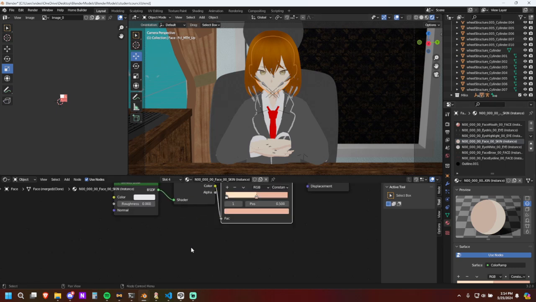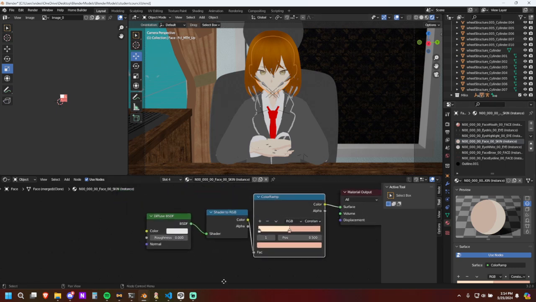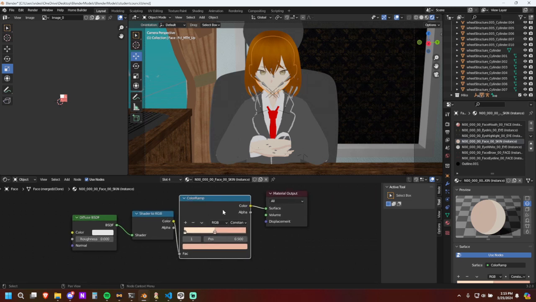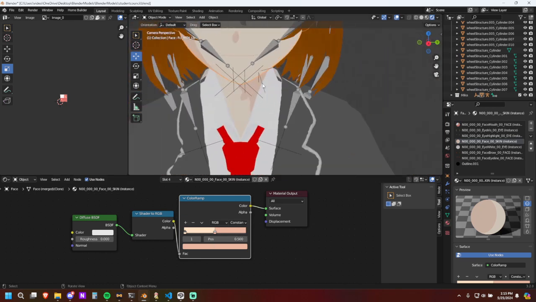And so all I really did is I just did the same thing that you would normally do. I did a diffuse to shader to RGB, and then I did a color ramp. These colors that I chose within Vroid, you can actually copy the hex code for their textures, and so that's all I did. I did modify it a little bit, but for the most part, I used the same hex codes that are used in Vroid for the skin, and then I just played with the color ramp until I was happy with the